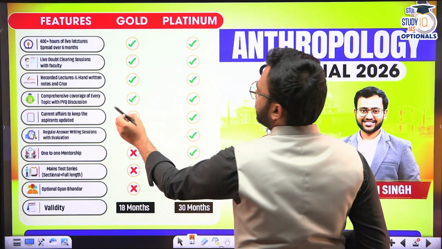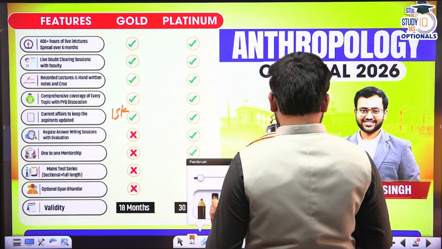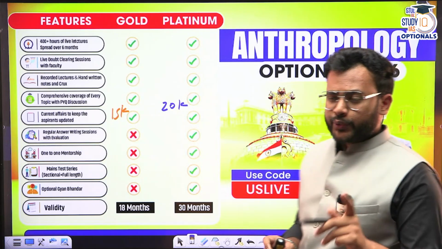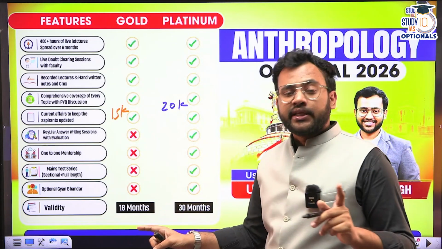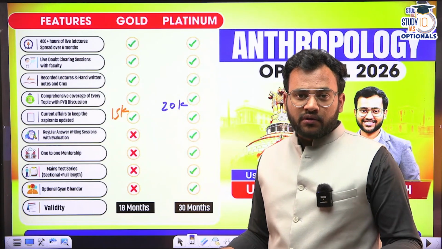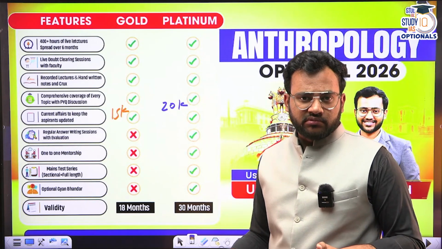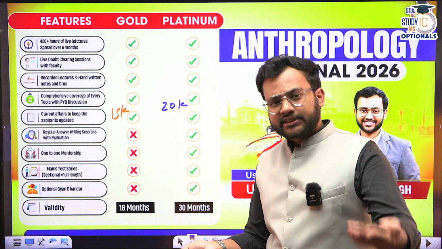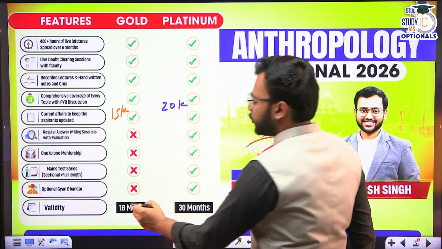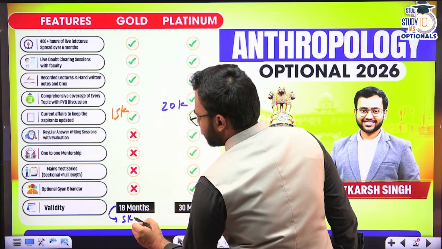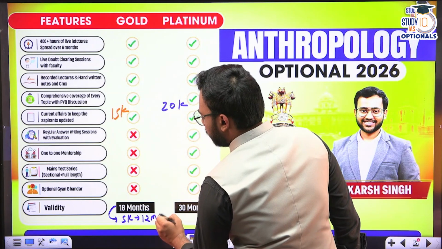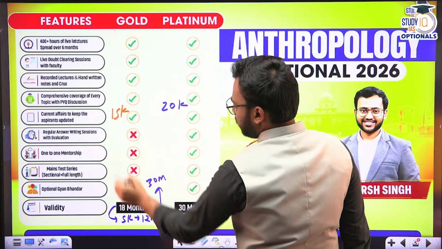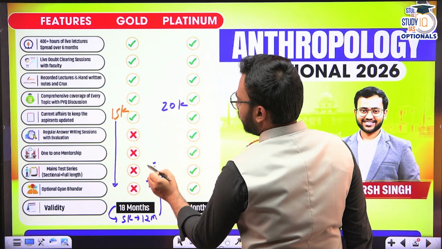The fee for the gold batch is 15,000 rupees, whereas the fee for the platinum batch is 20,000 rupees. Let me tell you one more thing. 70 to 80% of the students, once their validity is over, ask the institute to increase the validity. They ask for a 1-year extension. We were not able to complete, or we have completed but we want to revisit certain topics, we do not have access to the videos, please extend the validity by 1 year. So usually the institute charges around 5,000 rupees to increase the validity by 12 months, making the total validity of this program 30 months. So for 30 months you are paying 15,000 plus this 5,000, total 20,000 rupees.